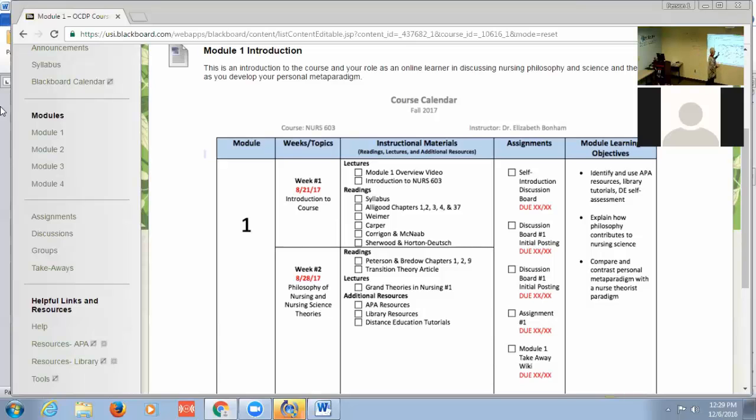So in this particular first module, they're introduced to the course. They're introduced to the course as it relates to online learning, and then into the course content, which is theories and so forth. They also have a lot of resources that I give them, because these are things that when